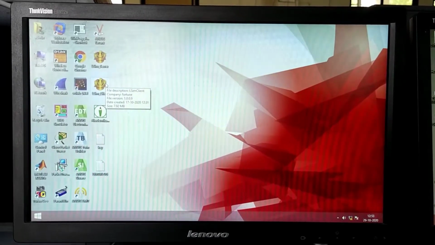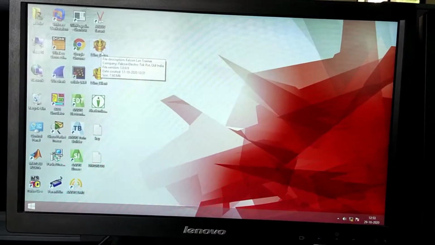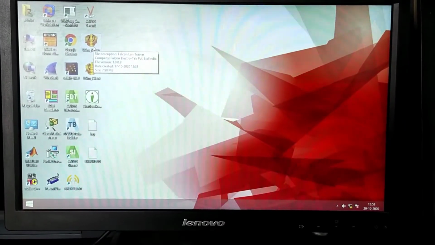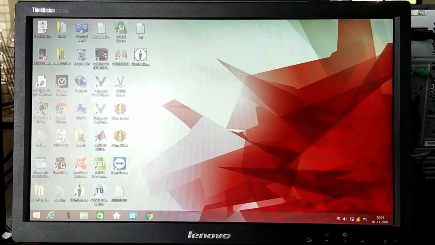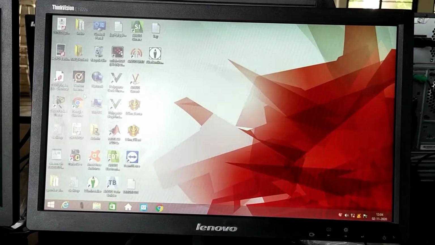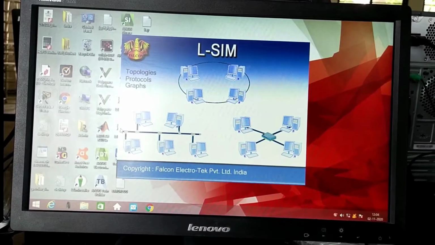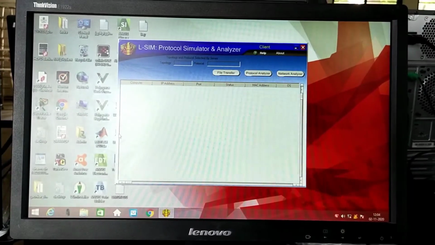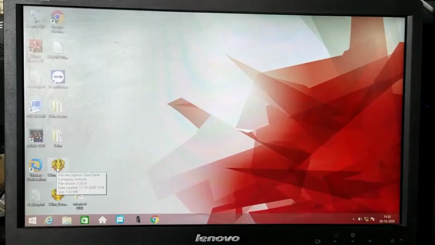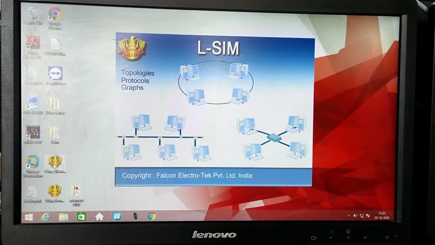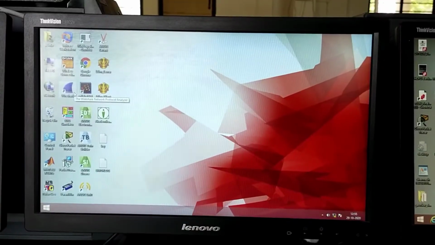This is the central machine and I am sharing the screen of the server. As you can see, LSIM server is installed on this, and as shown, the LSIM clients are installed on both the clients. First of all, start the clients. Here the client is on, but you won't see anything on the client right now. The same thing you will observe here also. On the client side, you will find an empty dialog box. Okay then, it's time to focus on the server.